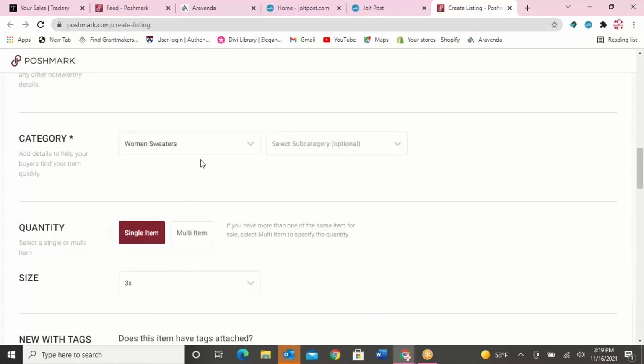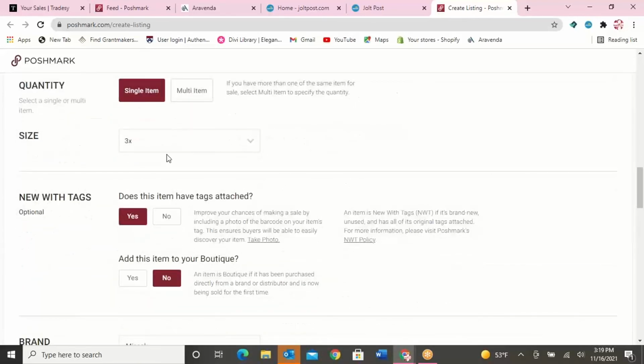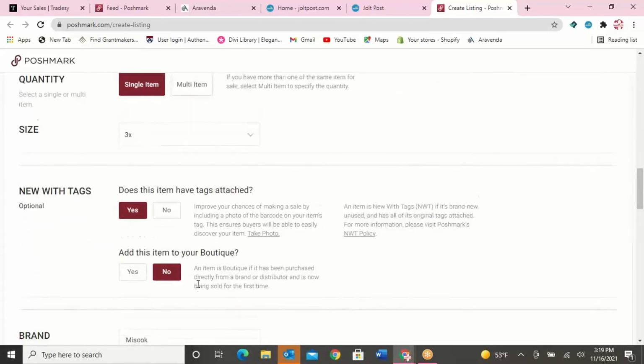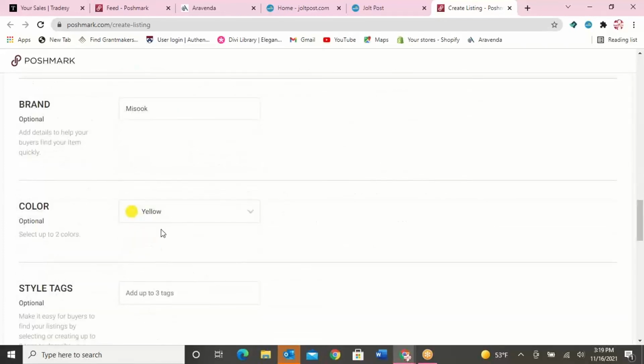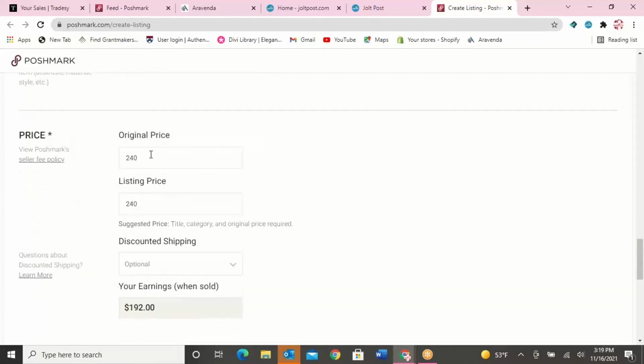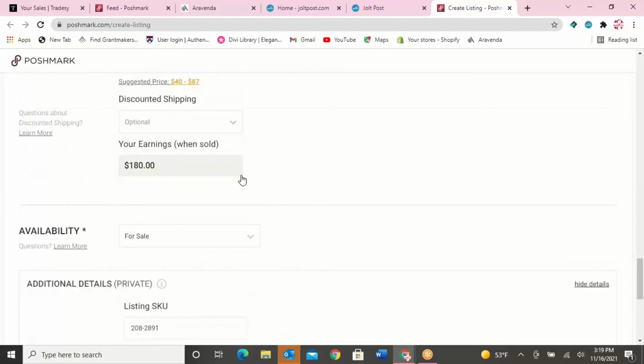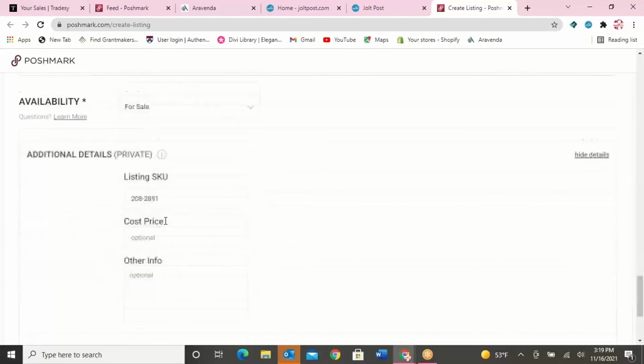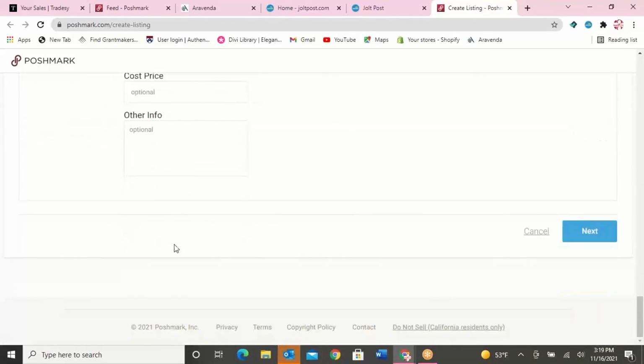So here, pull the category women's sweaters. I can choose a subcategory if I want to. It's one item. It pulled over my size. All this information looks correct. Pulled up the color. Here's the original price and the listing price. Here, the original price was $300. The listing I might put at $200, or $225 rather. So I'll earn $180 when all is sold. It's for sale. And then the next button,